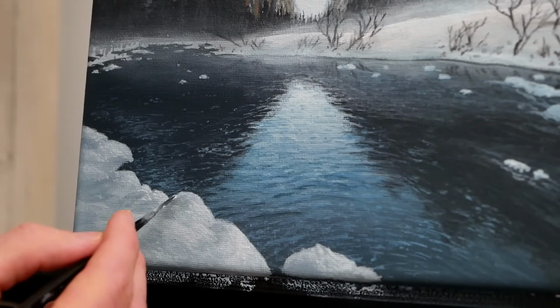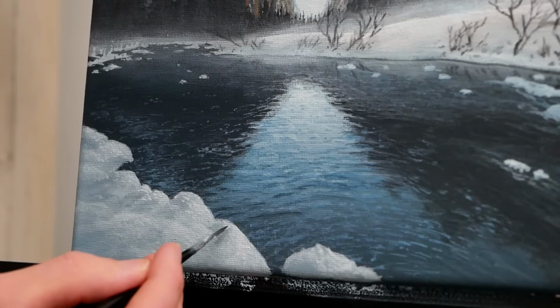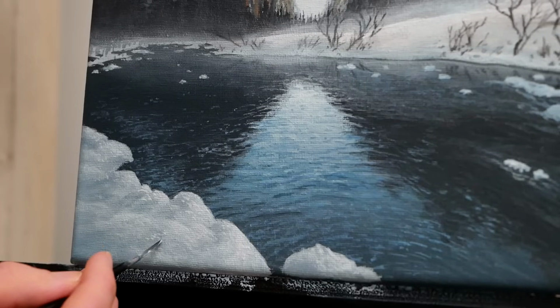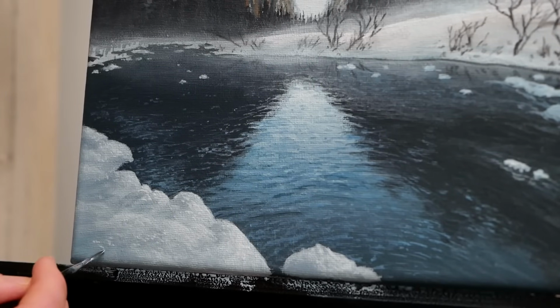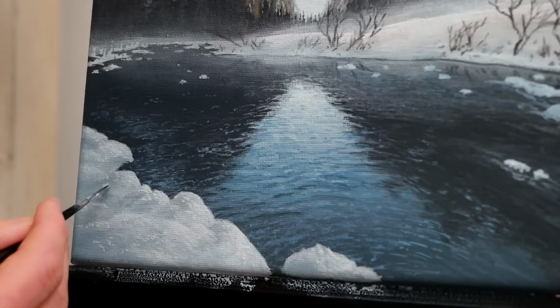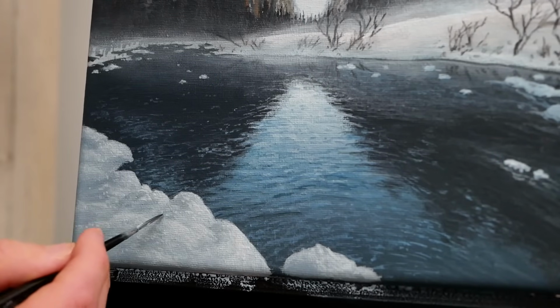because it's such a sharp detail. In real life, you really only see it in the foreground. The detail gets lost in the distance, for the most part. And you can add a lot of this, or you can add a little bit. I'm opting for more,